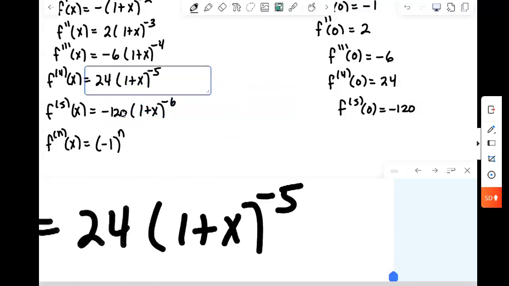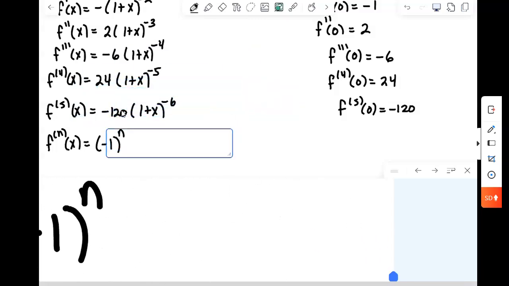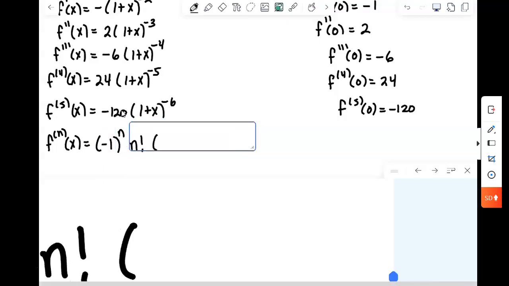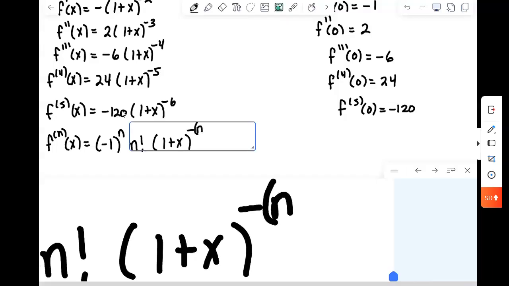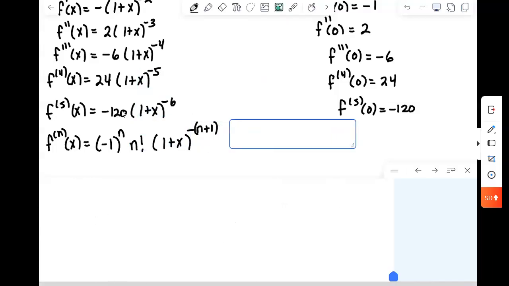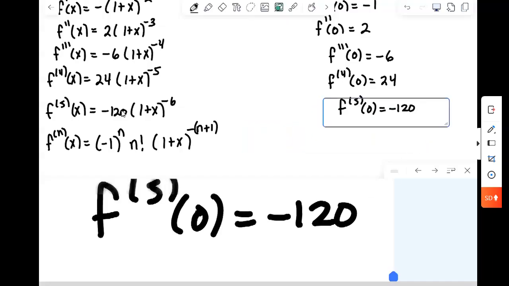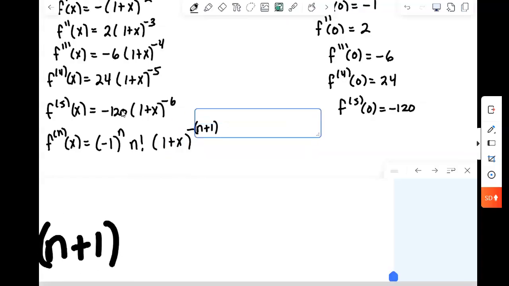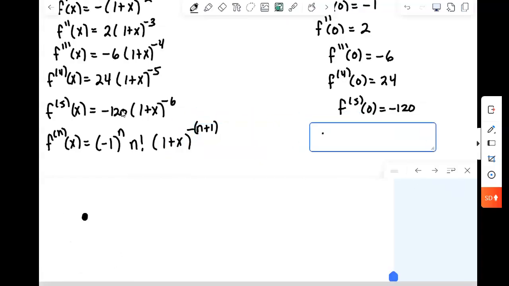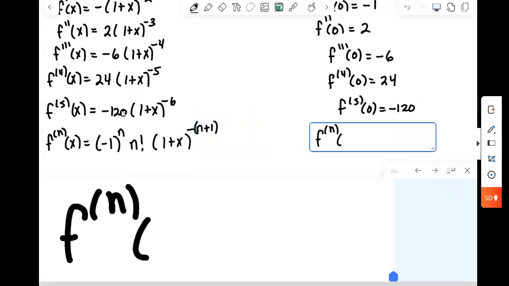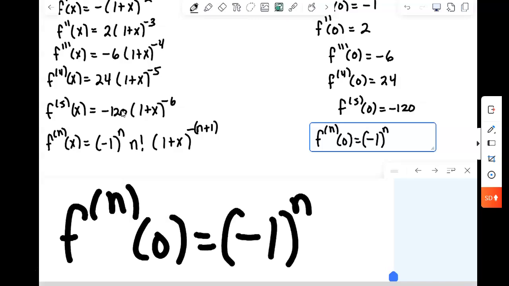So for the sixth derivative, we'd multiply by the 6, and we'd actually have a 6 factorial. So that's actually n factorial. And then that's 1 plus x to the minus n plus 1. It's always 1 more than what it was. Okay? And that's how the derivative is always going to work. And so when you evaluate it at 0, that's just going to become 1 to any power, which is 1. So the big thing for us, the nth derivative evaluated at 0, will be minus 1 to the n times